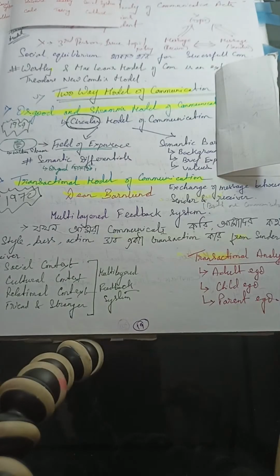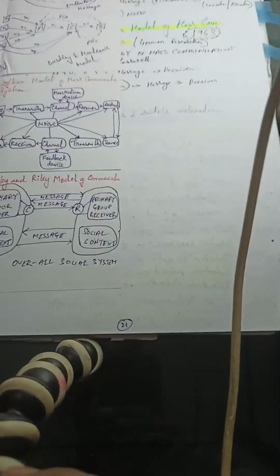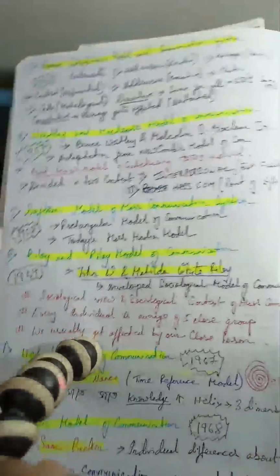Now we have social context, cultural context, and relational context, and friend and stranger context. All of these are multi-layered feedback systems. Suppose what uniform or dress you are wearing, which color you are wearing, it also transacts information about your personality, right? Now what next we will be studying today is Roman Jakobson's model of communication,